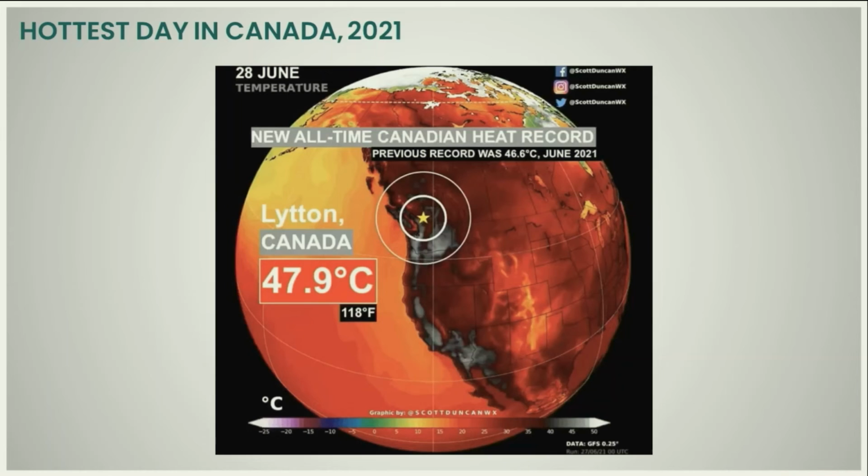But surprisingly, obviously in the Arabian desert, you expect it to be hot. But it was very hot last year in places that you don't expect. And the most unexpected was a town called Lytton, right up in the Rocky Mountains of British Columbia, which are usually snow-capped mountains. And I've been through Lytton many years ago. It's a small town, high up in the mountains. You don't expect it ever to get very hot, but in fact it reached a temperature of 47.9 degrees,